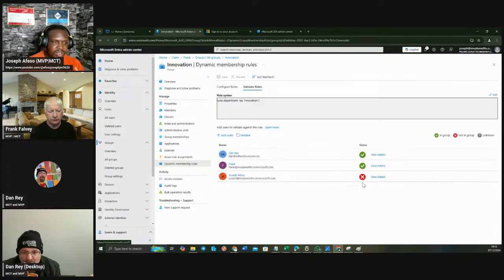Now I will explain this. What this means is that Dan's properties, Frank's properties were well structured, they are good, but Joseph is not correct. So how can this be useful to you? If you created a dynamic rule and you go to check the members and you don't see the users, just come and validate. If it validates green, you just need to have patience, and then the users are definitely going to get it